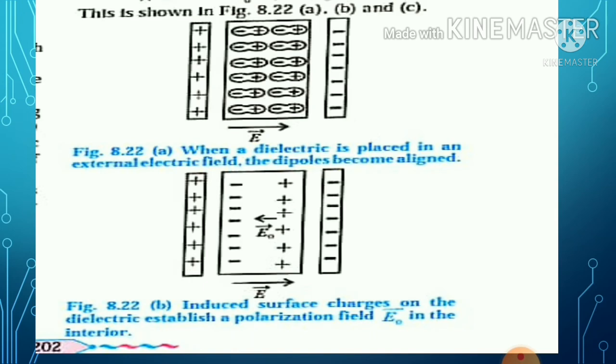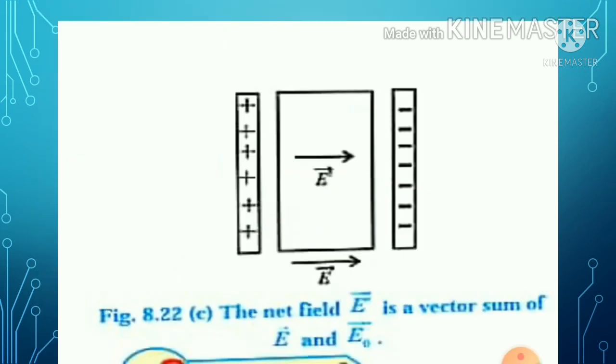In this way, there must be a production of polarization electric field in the interior region of the dielectric slab. Then in figure 8.22c, the net electric field E dash bar is the vector sum of E bar, that is the external electric field, and the polarization electric field E0 bar, which is shown in figure